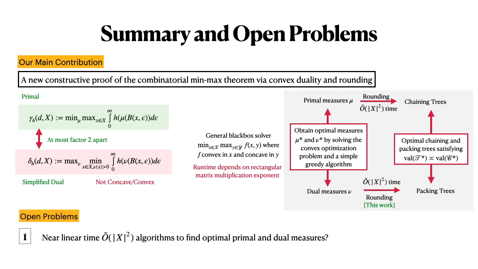But since we want to solve a specific convex program and we really need a crude additive approximation, one can hope that you can still do it in near linear time, even finding the primal and dual measures. And the second thing is that chaining has various algorithmic applications, and whether one can find, using this convex optimization paradigm, some other algorithmic applications of this approach. So that's it. Thank you very much.